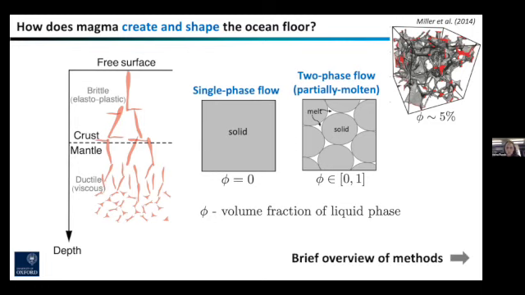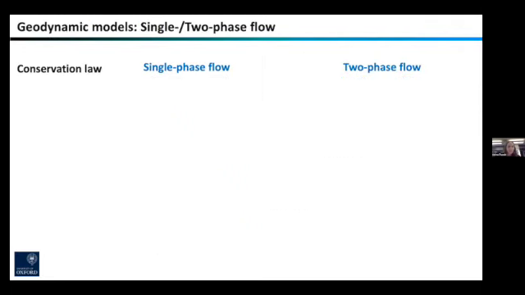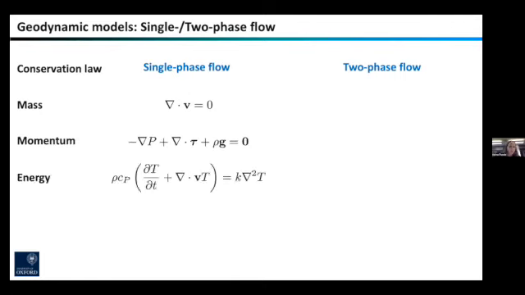Before I go into scientific applications, I do want to spend a bit of time on the methods, especially because we've developed some new tools, and also because this is a computational seminar series. So in geodynamic models, we generally solve for conservation laws, and I'm going to contrast the single-phase flow theory to the two-phase flow theory. And we usually solve for conservation of mass, which is shown here as the divergence of the velocity field to be zero for incompressible fluids, the momentum equation, the energy equation, and for two-phase flow, we